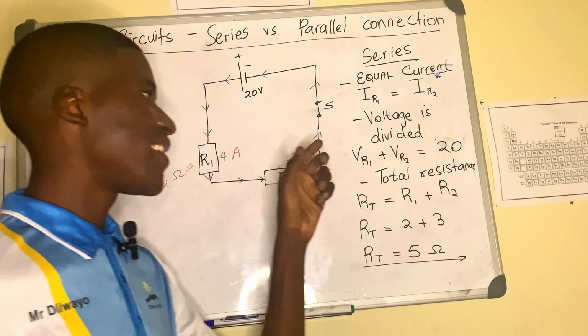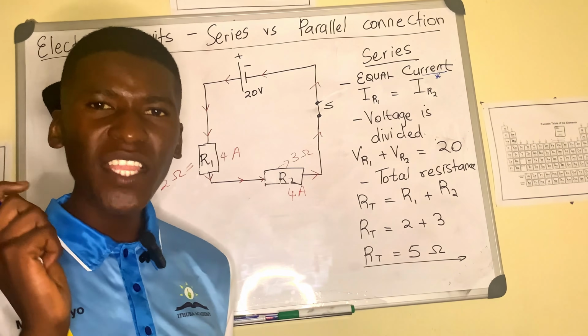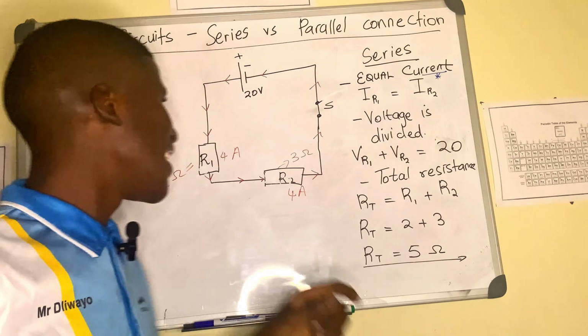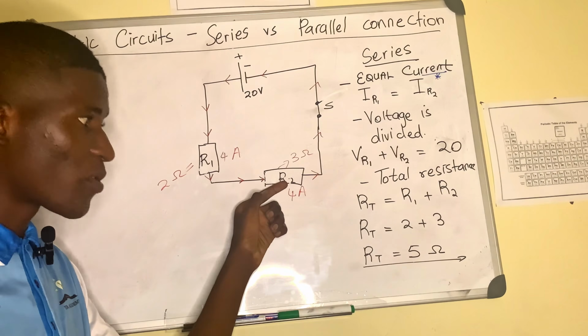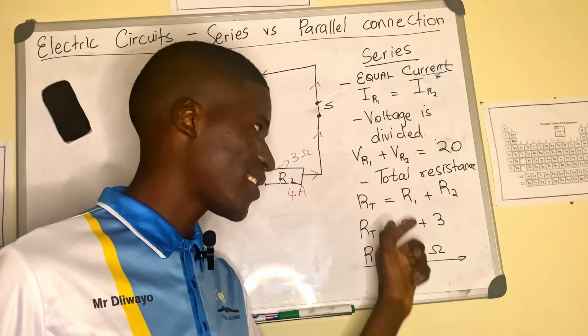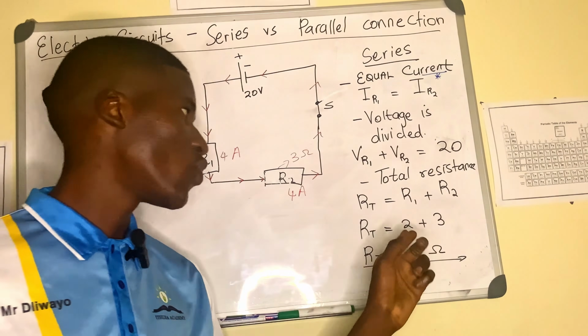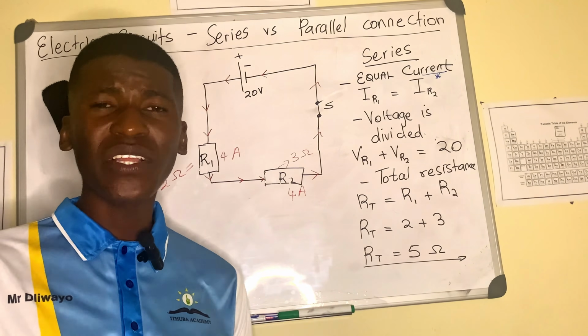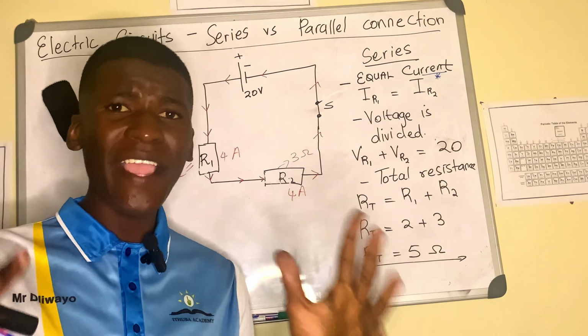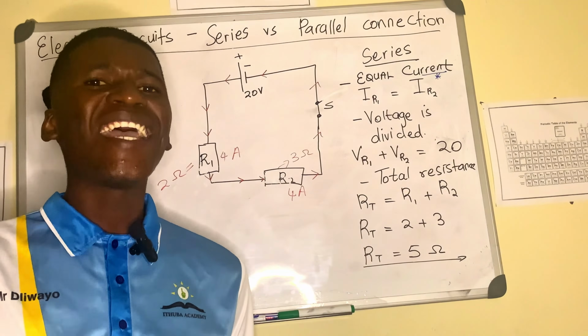The third one, the total resistance. You add the resistances. Here, if you have got 2 ohms of resistance, and here you've got 3 ohms of resistance, the total will be 2 plus 3, which will be 5 ohms. You write the unit, you don't write 5 and make us guess. No, we cannot say this is 5 dogs, 5 ohms for resistance.